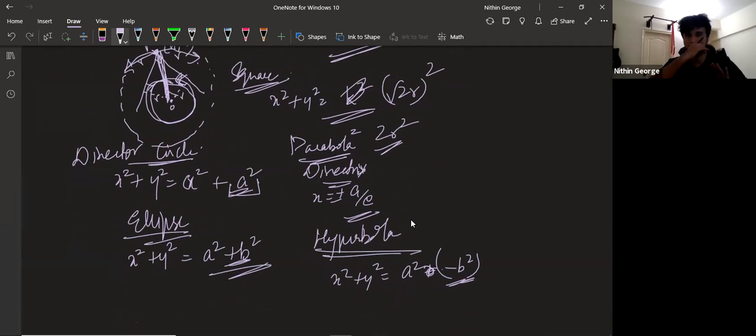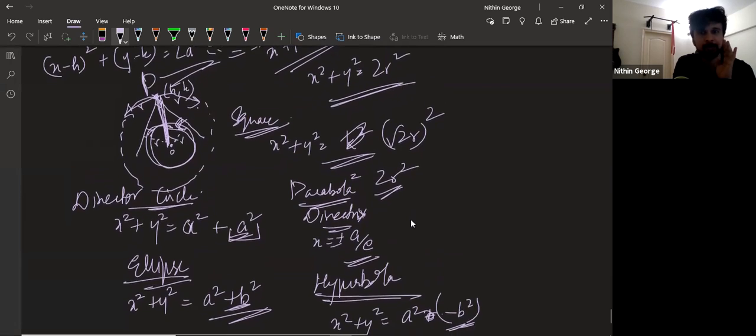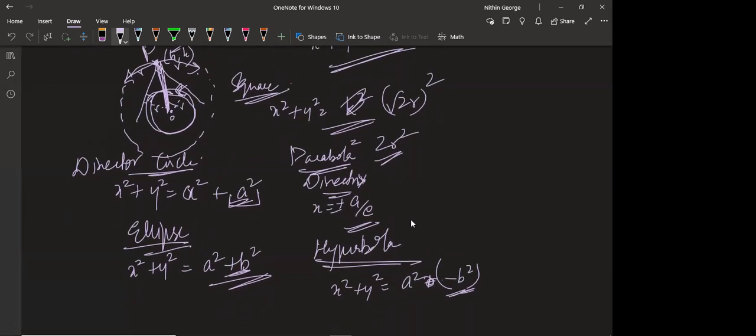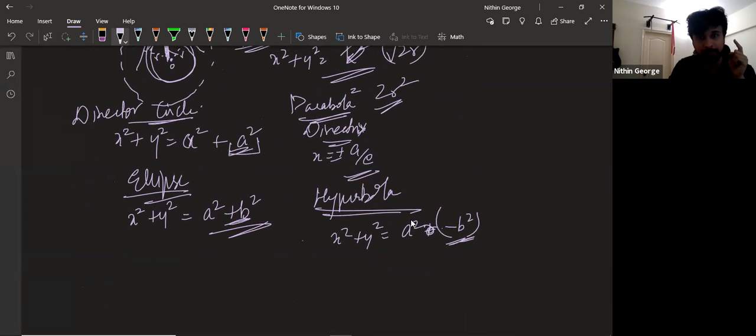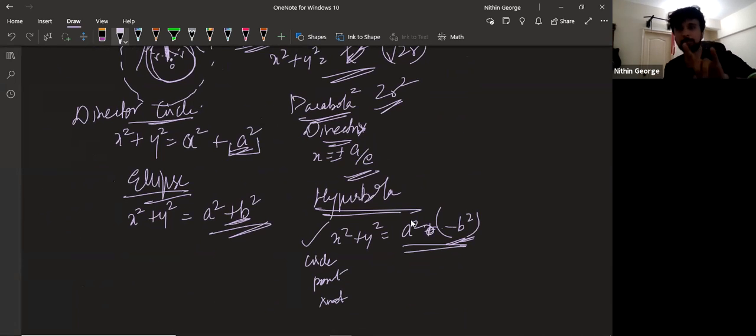Okay. All right. So the locus of intersection of perpendicular tangents for a circle, ellipse, and hyperbola, this is what it looks like. Yes, sir. So in the first two cases, it will be a circle. But in a hyperbola, it can be a circle, it can be a point, or it might not exist at all. It depends on the value of a square minus b square. If a square is equal to b square, then you get x square plus y square equal to 0, which represents the point, the origin.